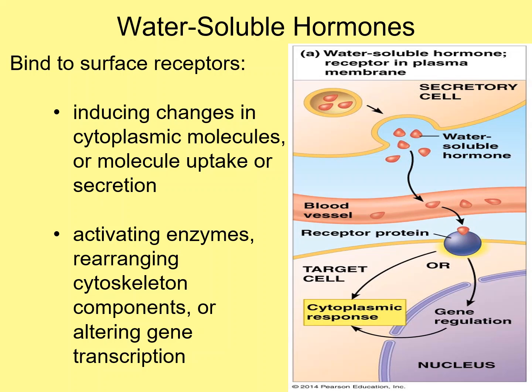The nuclear membrane, which is also a lipid bilayer. So either that activator molecule is transported inside the nucleus where it can turn genes on or off, or